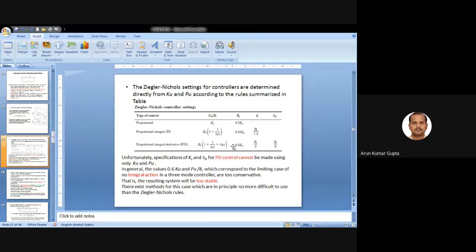From this information you can try for the PD, but this is